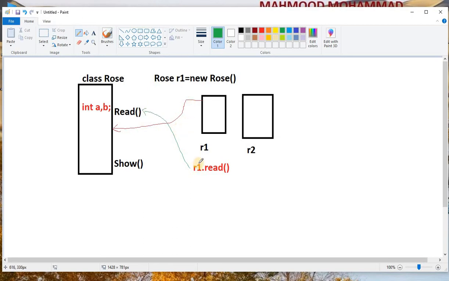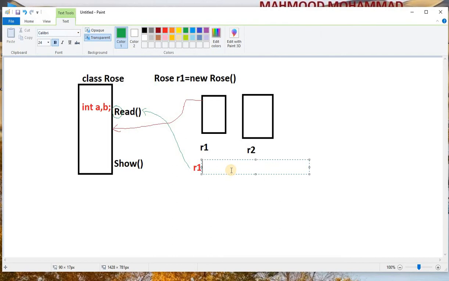This means the object is able to call the method available inside the Rows class. And remember, here it is capital R, so you can't use a small r. Whatever the method name is, you have to follow that name according to the standards. So you give r1.read, and now this is accepted.